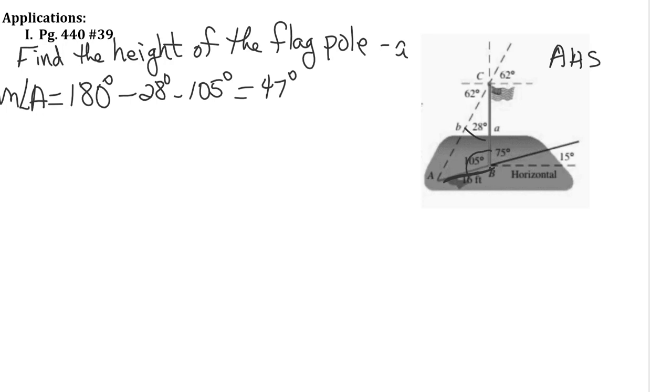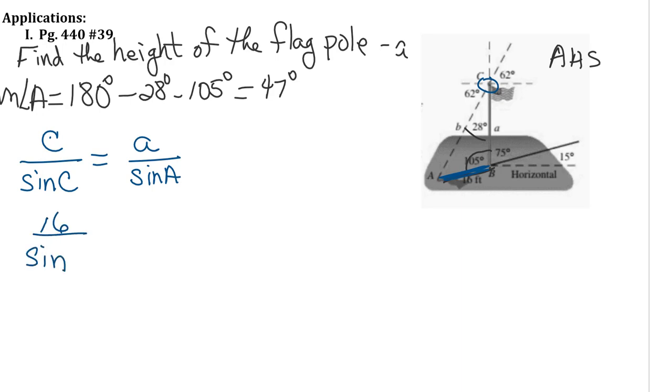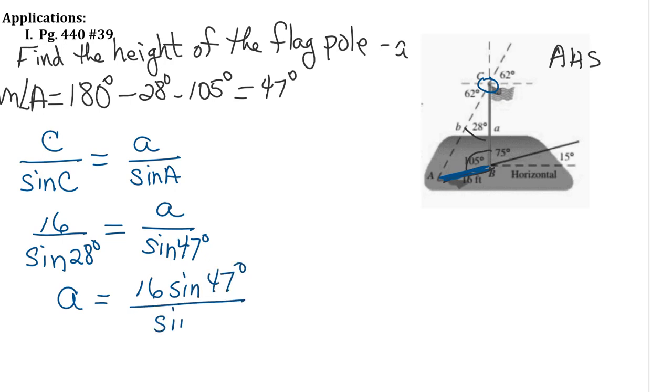So we can say that C, which would be this side, because it's across from angle C, over sine of C, is going to equal A, which is the flagpole, over sine of A. So C is 16 units, and we're going to take the sine of its angle, which is 28 degrees. We're going to set that equal to A over the sine of the angle we just found, which is 47. So solving for A, we get 16 sine of 47 over sine of 28. So we get that A is equal to